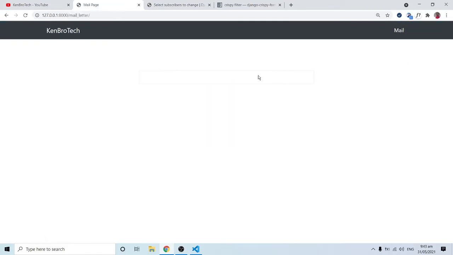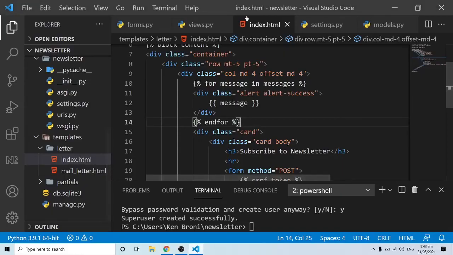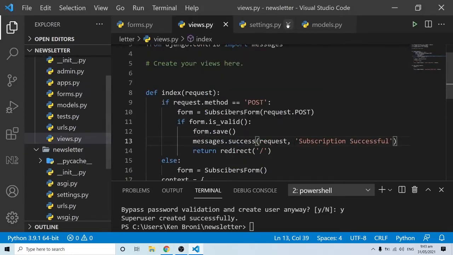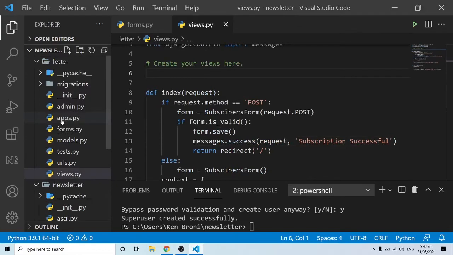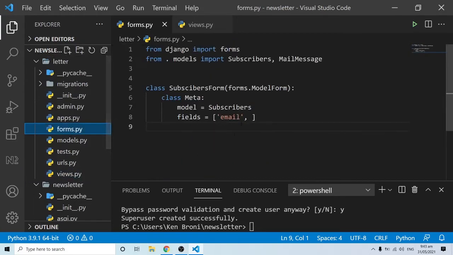Now the second part is where it gets interesting, as far as sending the messages to the mails that have the subscription gone through. In order to do this, we need to run some imports over here. So let me just close this up, and over here too, we would also want to have the form. Okay, and this is what I mean. So now let's go back to the form,